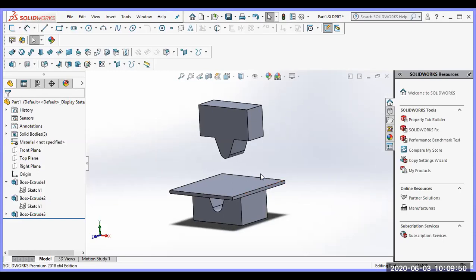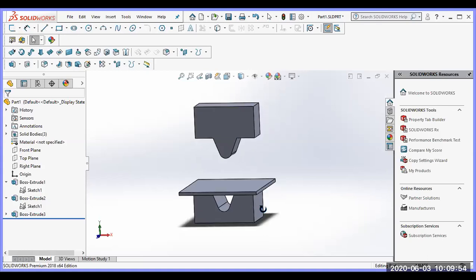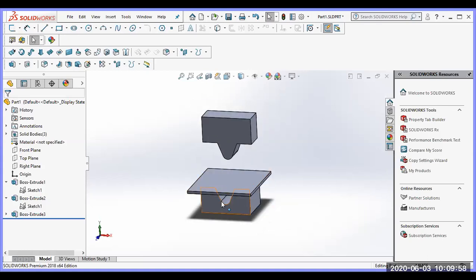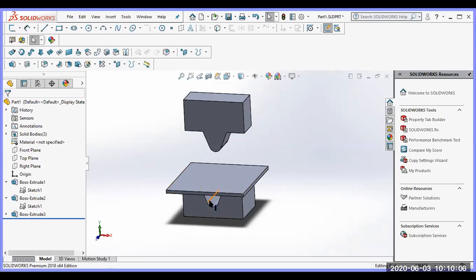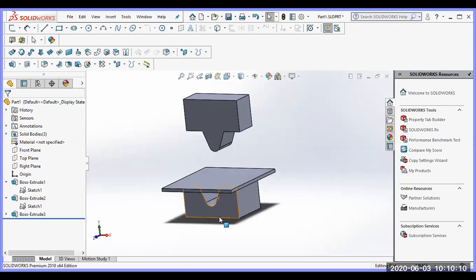Here the materials are the die material and punch material. I select the same type of material, stainless steel, and for the sheet metal I select low grade steel. Now as per the standard dimensions and suitable properties for the material, I select the default material only.